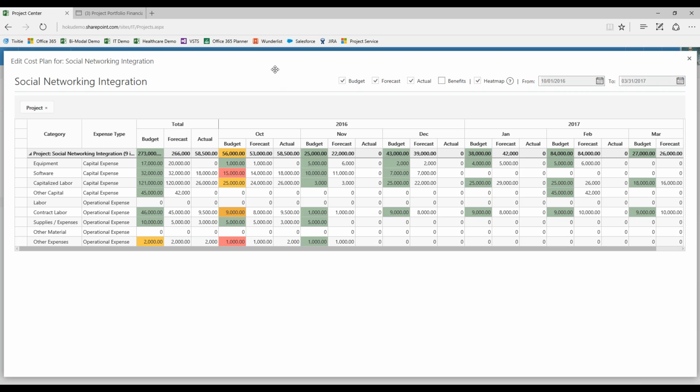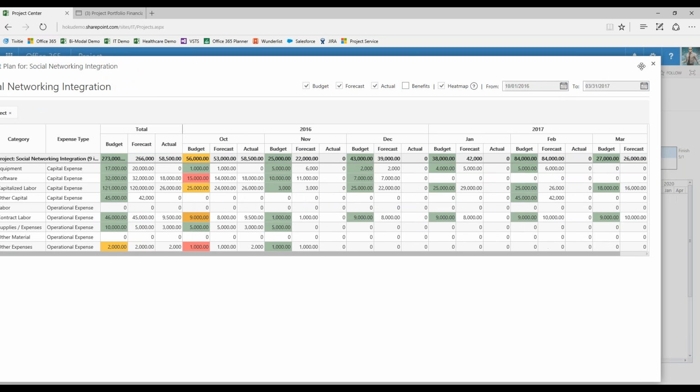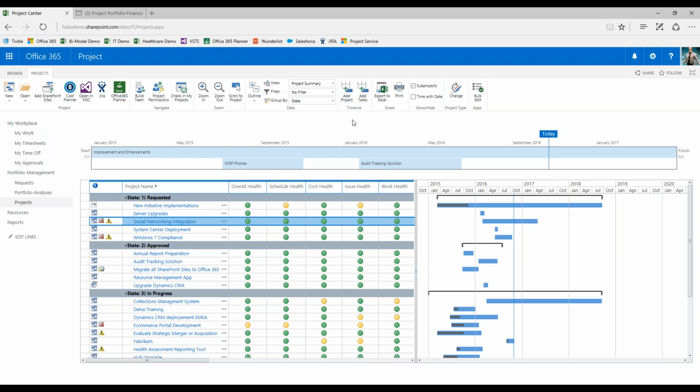The key here is this is good for planning and justifying the projects and establishing budgets and forecasts, and then tracking the actual information as we go on through. Once again, this can be configured to track to your cost categories, etc., but it's a very rich capability to do detailed budgeting and tracking right within Project Online. Another aspect that we talked about was time reporting.